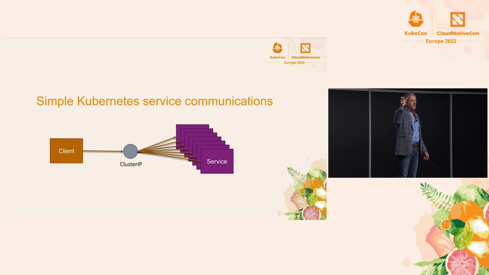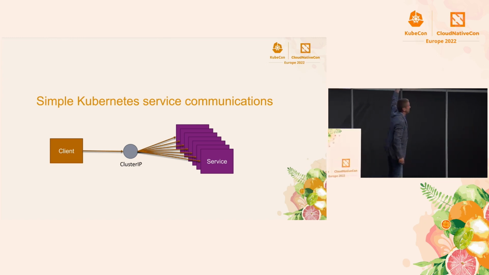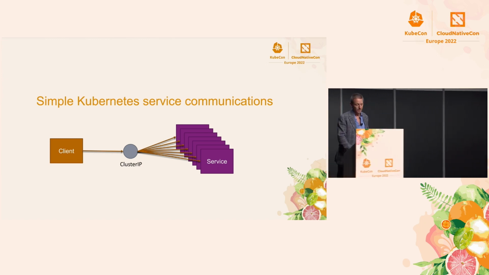It's just an IP. And when you try to connect to it, the Linux kernel has to figure out what to do, because that address isn't associated with anything. There's nowhere to send the packets, right? And so Kubernetes implements the routing functionality, the forwarding functionality that makes that all work. When you create a service, you get a cluster IP, and you get the wiring that delivers your connection to one of those back-end pods.